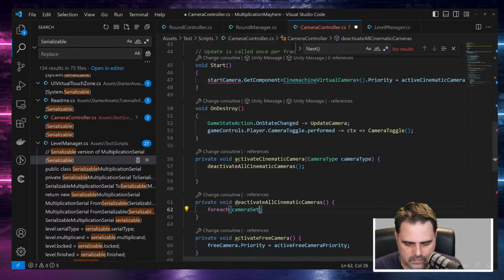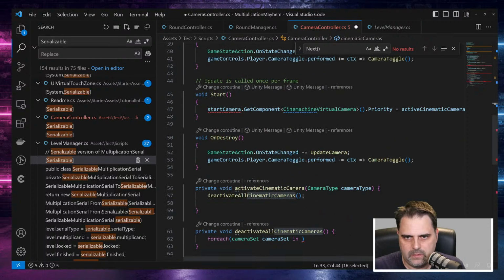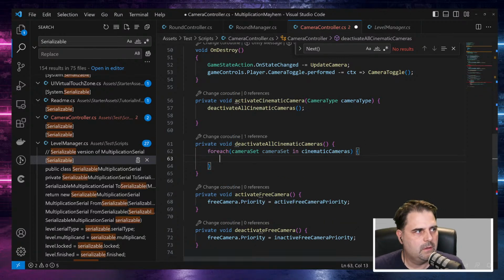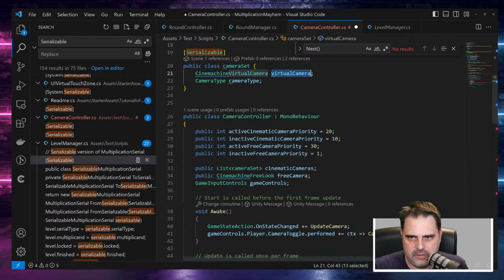It's a camera set in cinematic cameras. And just hold on, we're getting there. So it is a camera set, and very simply I take the camera set virtual camera